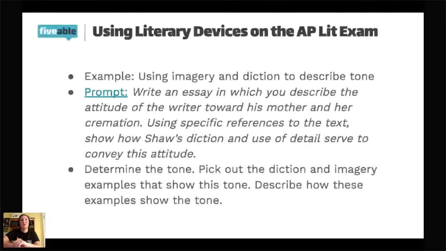The text was George Bernard Shaw went to his mother's cremation and watched it happen, and the imagery in there was actually quite positive. I'm not saying he was happy that she was dead or anything like that, but he thought of it as being something like she was moving on to the next life. So it has very positive imagery. You would hopefully pick that up from the diction that's used. So when you get a question like that,